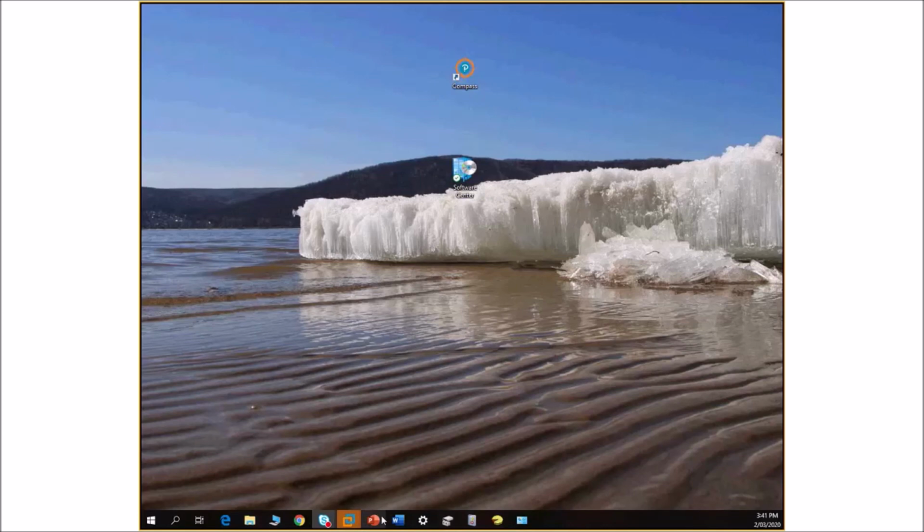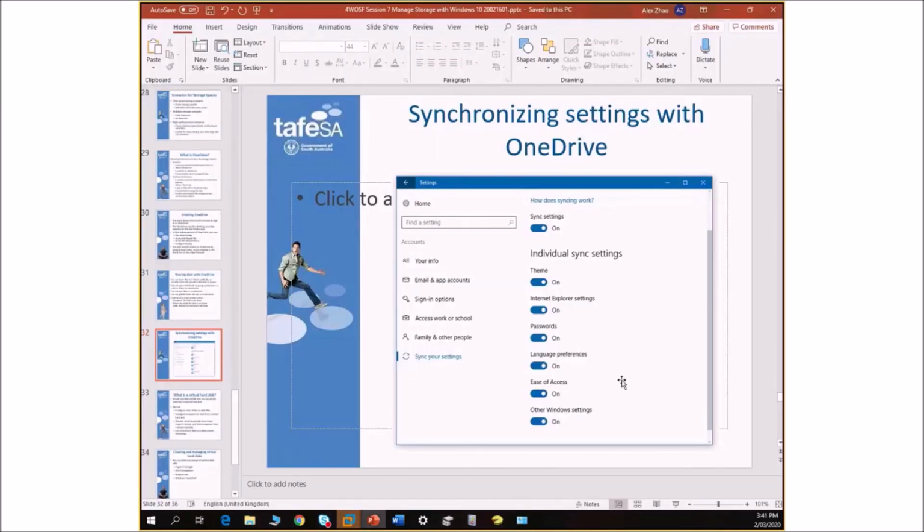So that comes back to this synchronizing of your settings. The whole point of OneDrive is that it's not just on one computer, it's on any device, carrying you over from one to the other seamlessly. Your shortcuts, your desktop, your bookmarks on your browsers,